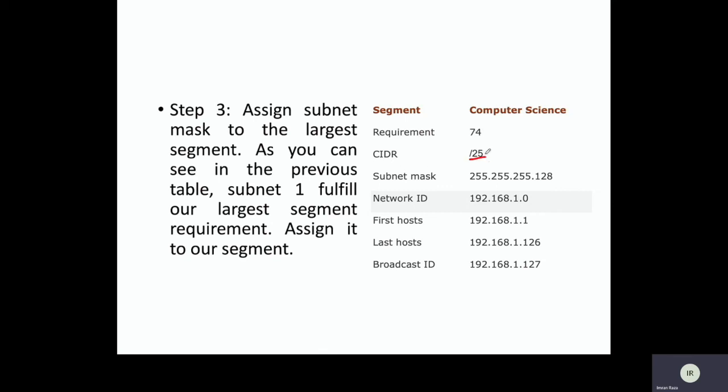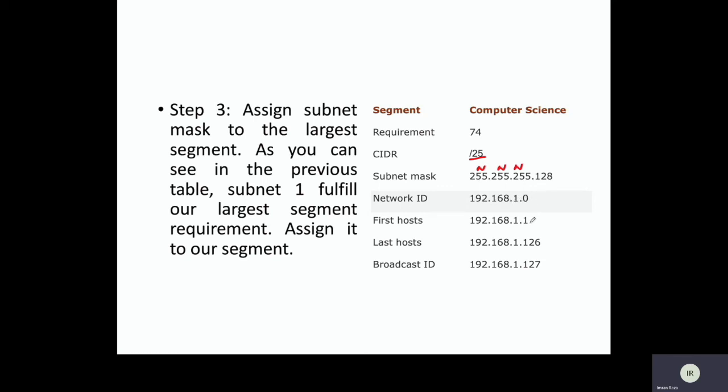Why? Because now 25 bits are representing the network portion, and this is the subnet mask that we have just calculated. This is by default, it represents the network portion. All bits are 1, and since one bit is borrowed from the last octet, this value is 128, and the network ID is